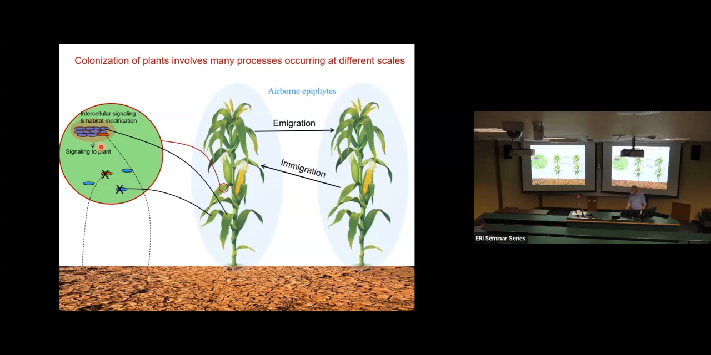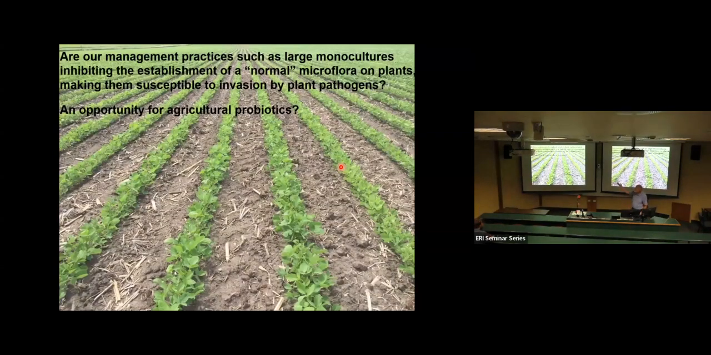We think that's all happening at very small scale, but at big scales, this whole immigration process, which is important in getting organisms on the plant, is also really important. So I think we have to think of it as a very complex process that's actually going to be happening. My final scale point then is that,